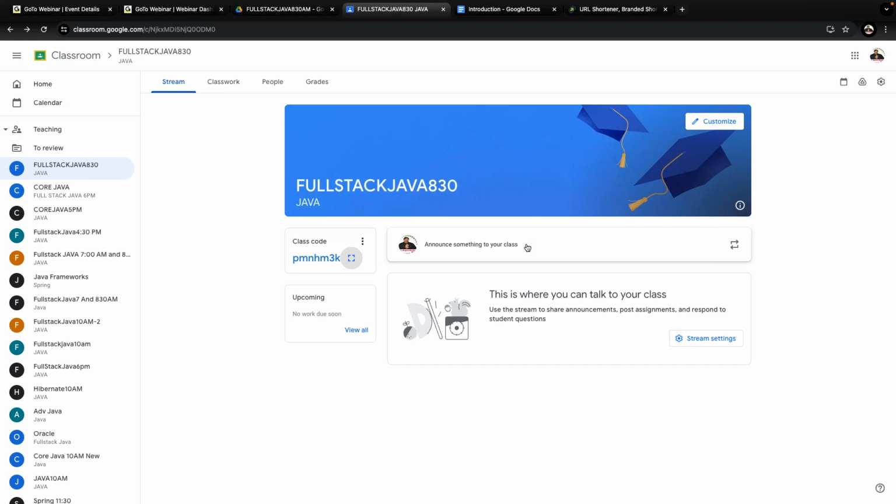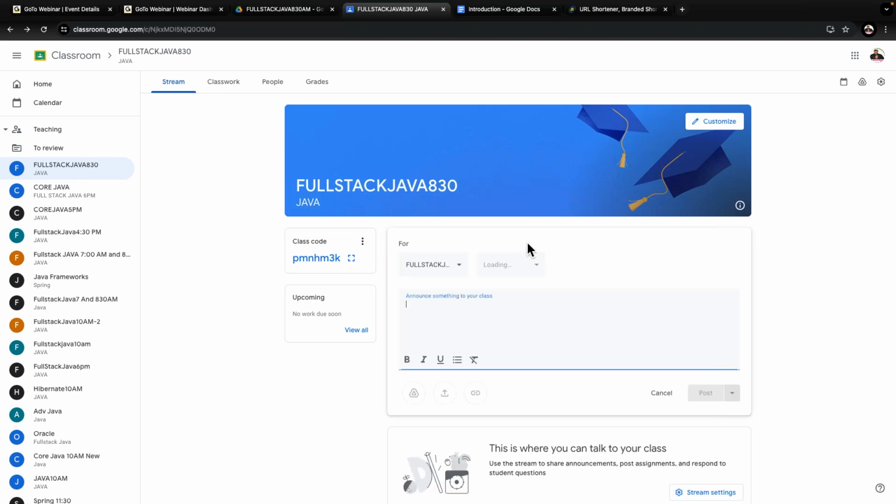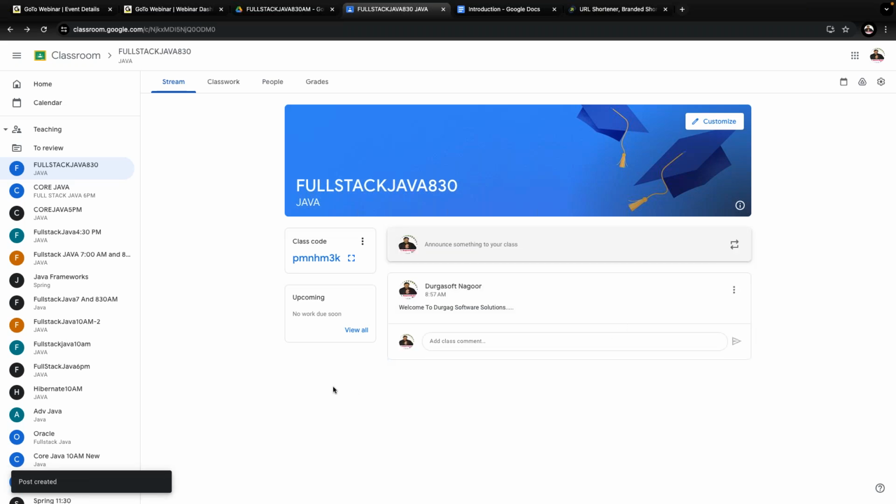Now see this. If I create a post, if I send any message there, immediately, within fractions of a second or within a minute, we are going to get a notification from this classroom. If we select it, automatically we can see the total message. Now let me send some welcome message there. Try to understand it here. All right, I created a post.